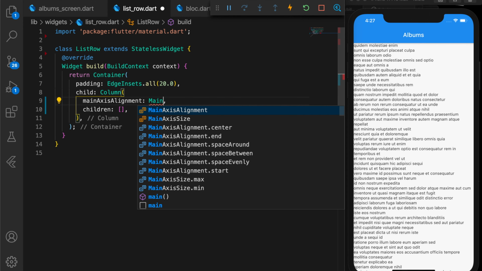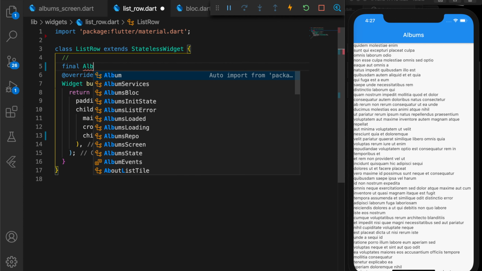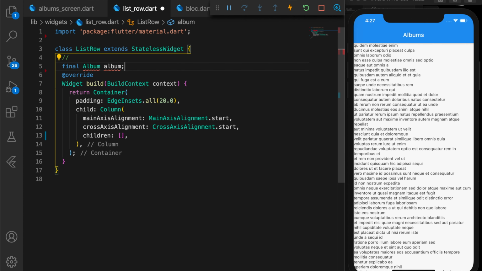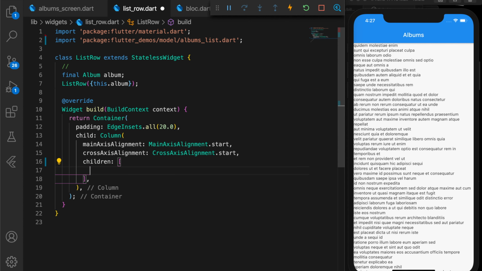Main axis alignment to start and cross axis alignment to start. And this widget is going to accept album as parameter. So ListRow and album, and text will display album.title, and optionally you can display the user ID as well, which is an